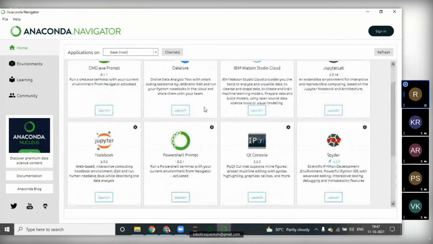We are going to launch this Jupyter Notebook here. So out of these, we are going to use this Jupyter Notebook to write the code and to execute it on a web server, REST based. So this Jupyter Notebook will work in a browser-based working environment here.